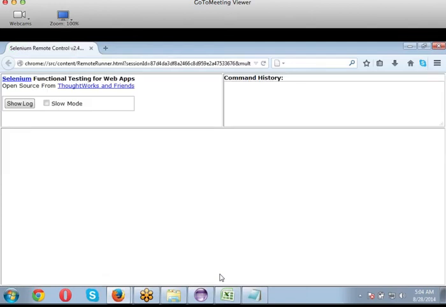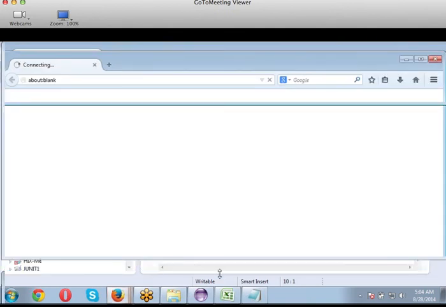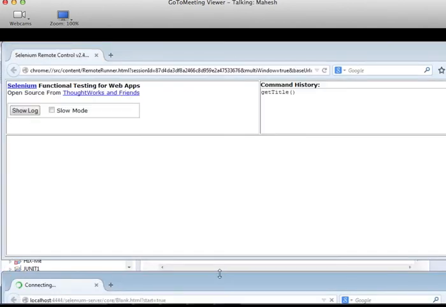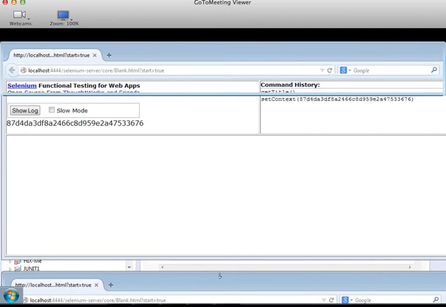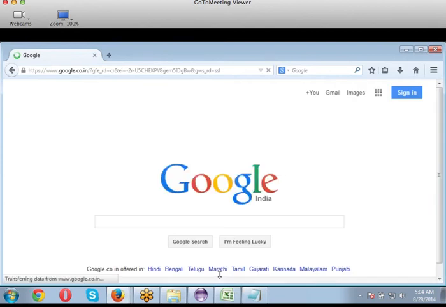Okay, got it? So without writing that line of code, I can access my function and reuse it n number of times.